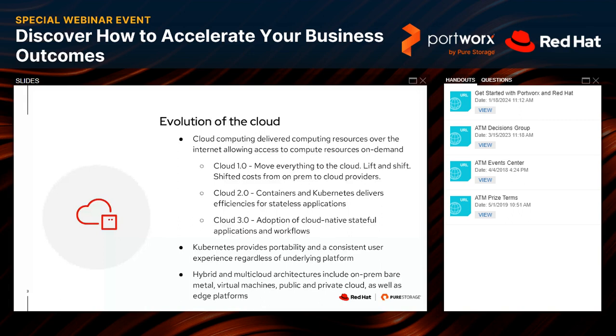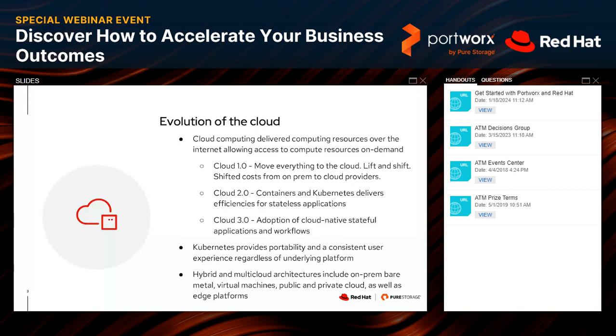Fast forward to maybe 2017, 2018, and we started to see the notion of containers and Kubernetes come to the forefront. This idea of what if we abstracted just a little bit, made it a little bit more lightweight, and we put that thing on the cloud. We started building applications on that container Kubernetes layer, and then we deploy them on the cloud, and we start running those workloads on the cloud to gain efficiencies. And we started to see some traction, certainly that Cloud 2.0 phase.